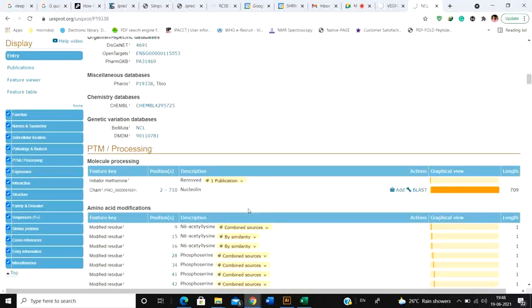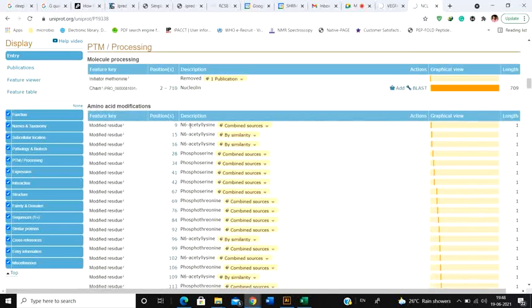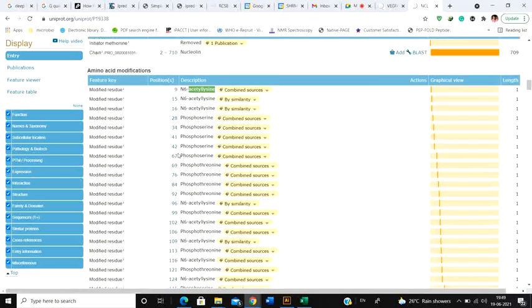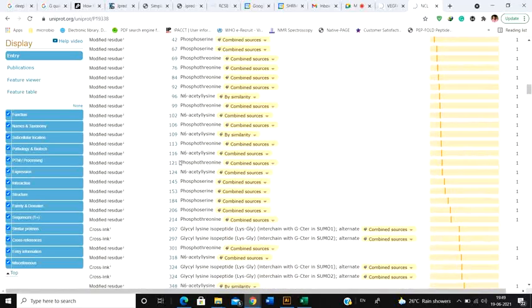Okay. And after that, what do we have? The next modification is that the 9th residue, lysine, gets acetylated at the N6 position, and therefore the 9th position lysine becomes acetyl lysine. The 15th lysine also gets acetylated at the N6 position, but the 28th serine gets phosphorylated, the 34th, 44th. So these are the kinds of modifications that generally take place.